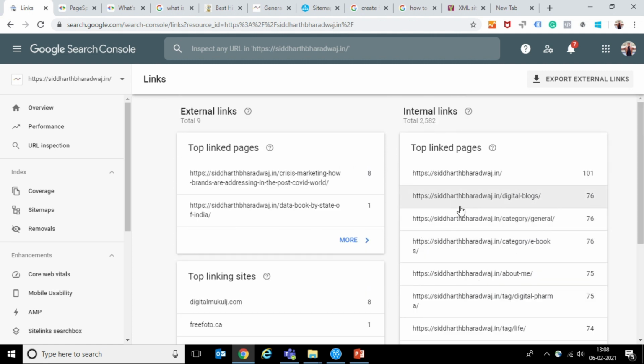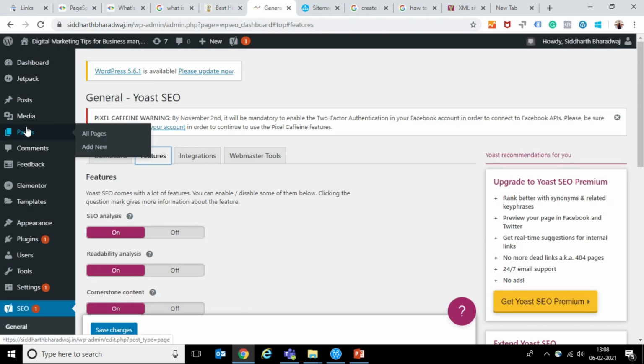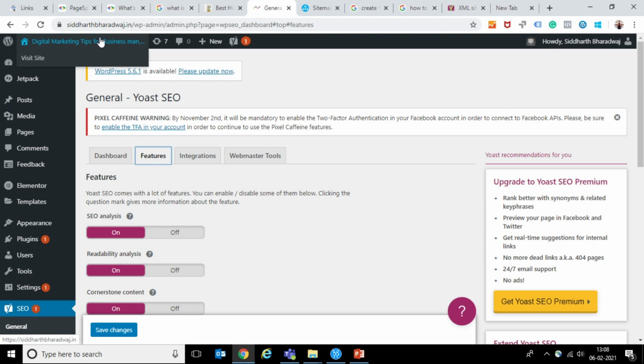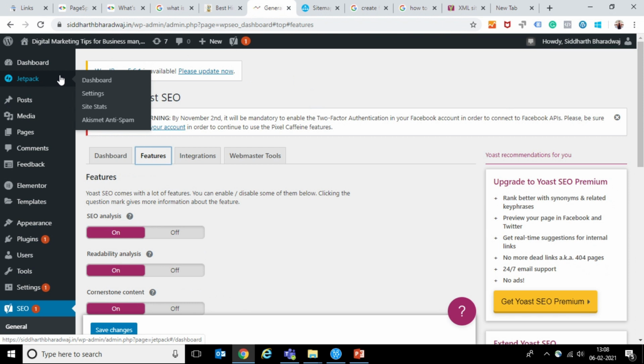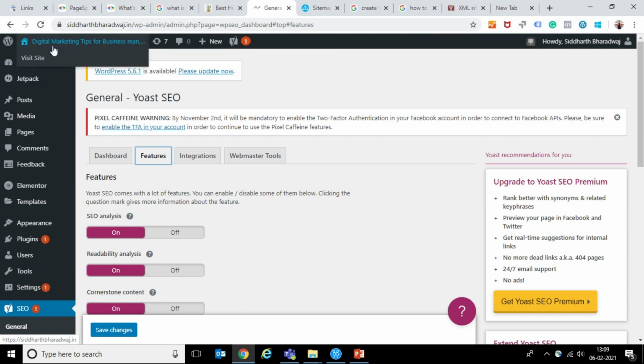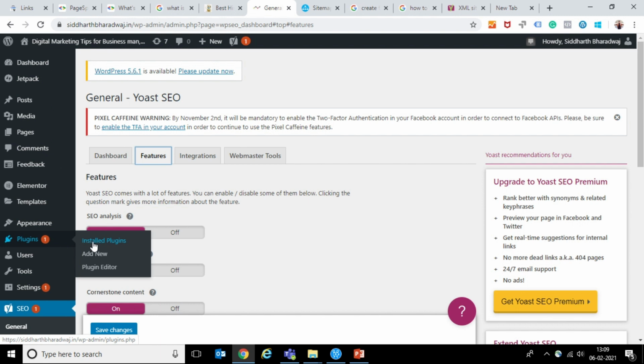Apart from this, I just wanted to show you one more thing. If you are a WordPress user and you want to activate your sitemap, you need to go to Yoast SEO as a plugin. So you need to download that plugin, Yoast SEO. I have already downloaded it, but I'll still show you.